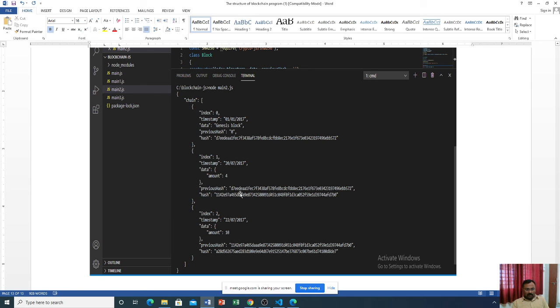The second block created has index number 1, and its previous hash is D7EEDEAA1F, which is the hash of the Genesis block. Here, index 2 contains the previous hash 1142, which is the hash of the index 1 block.